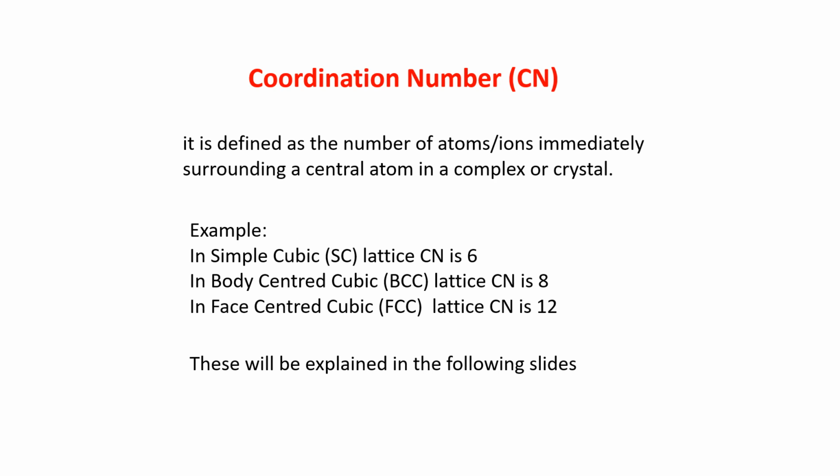Now, what is a lattice? A crystal lattice is the arrangement of atoms or groups of atoms in a crystal. These atoms or groups of atoms are commonly referred to as points, or lattice sites, within a crystal lattice. Suppose for a simple cubic system, in 8 corners, 8 atoms are there. These are the lattice sites.